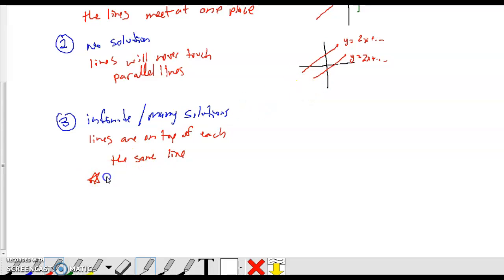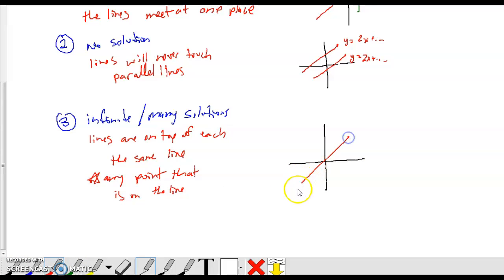It's any point that is on the line, right? So here's my example, here's my line, and my second line is right on top of it. So all of these points, this is a solution, this is a solution, all of these are solutions. So we get to just say that it's infinitely, let me rewrite that word for you, or many,